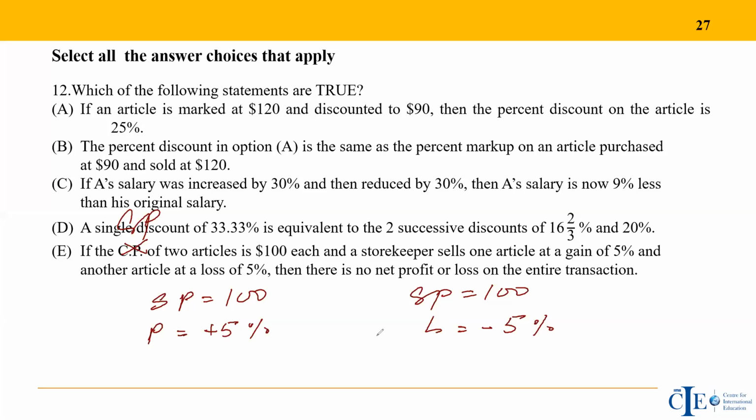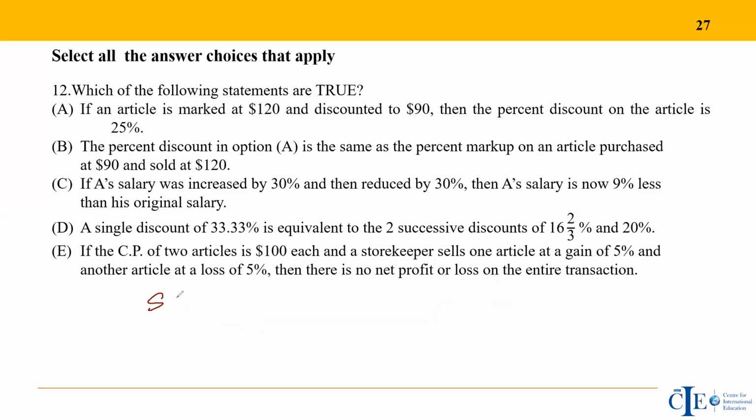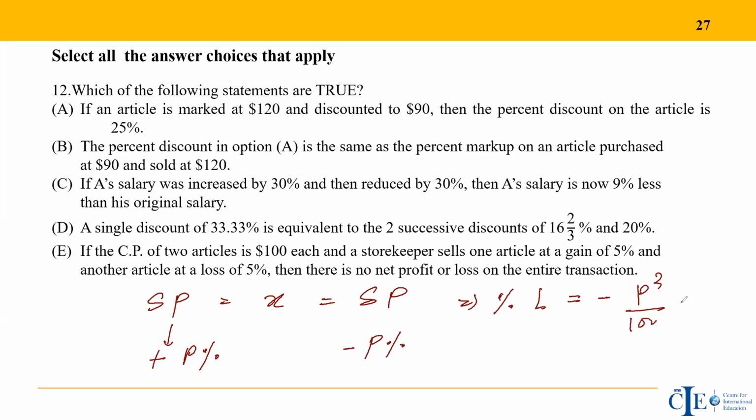Yeah. So in such cases, he will always have a loss. There is a direct formula which you can simplify and then reduce it to. So I'll just directly get into that. If the selling price of two articles is the same, let's say X, and on one he's gaining P%, and on the other he's losing P%, then in this case he will always suffer a loss, and the loss is equal to P square over 100 percent.